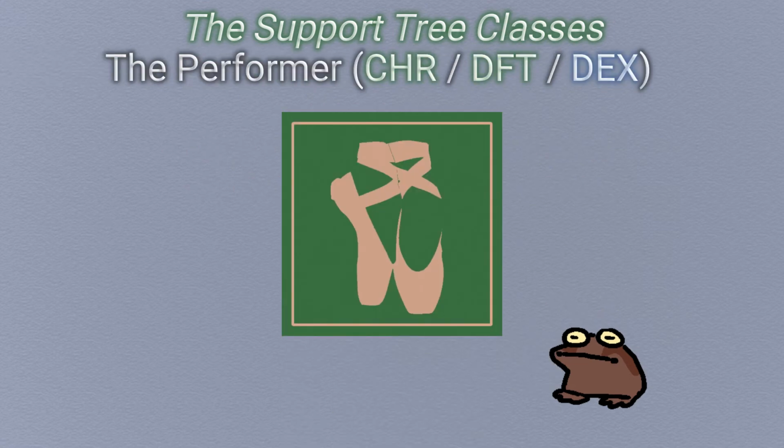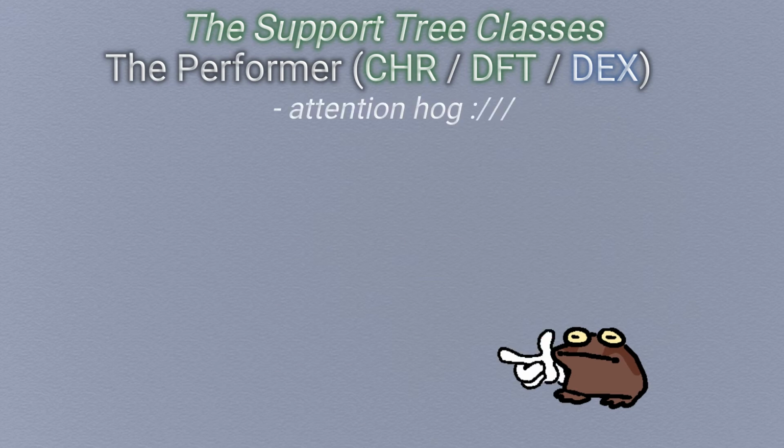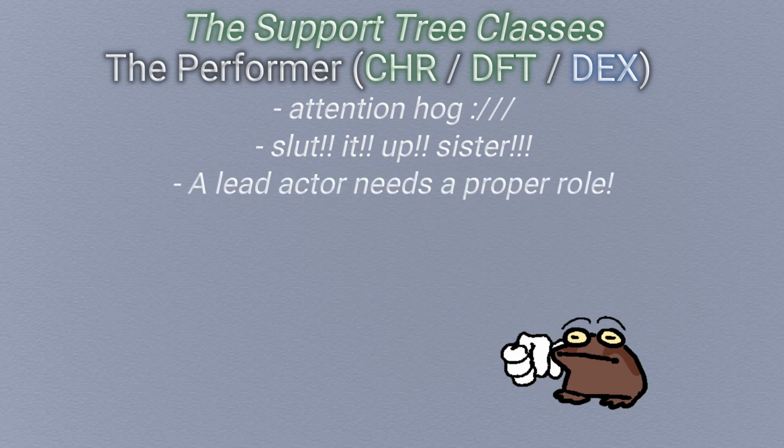The Performer focuses on charisma, deftness, and dexterity. Become the ultimate distraction, someone dancing in public. The Performer might be for you if you want to draw as much attention as possible while not playing a tank. You desperately need a class for your slutty bard to transfer over to. Or you've got your first pick of the litter, and you've decided that you're gonna run the show solo if